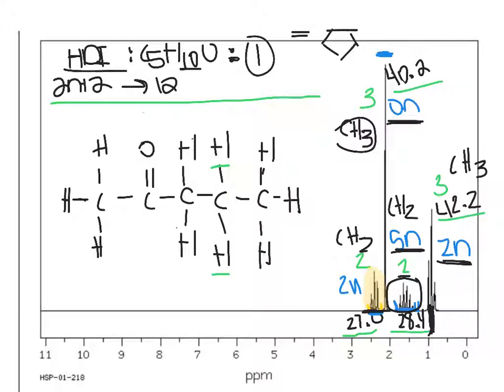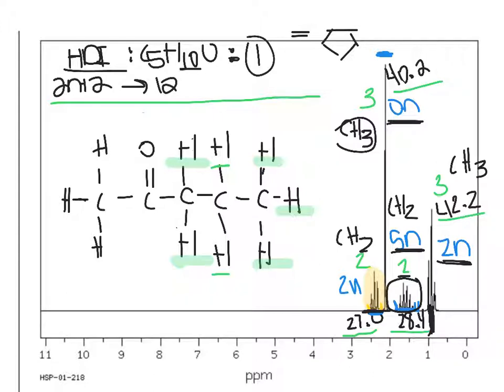And they fall right here. So we have 1, 2, 3, 4, and 5. So that accounts for our 5 neighboring protons. So this has been our proton NMR analysis of C5H10O,